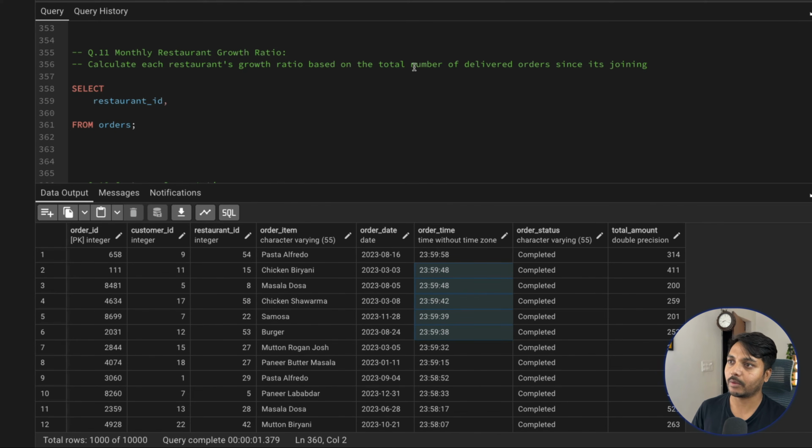First of all, what we need to find out. Now this is saying based on total number of delivered orders, the number of orders that is being delivered. So I would say select everything, which is select restaurant ID, then use the TO_CHAR function to get the month number or month name. So I would say TO_CHAR on this order date, and I would convert it into something like this,